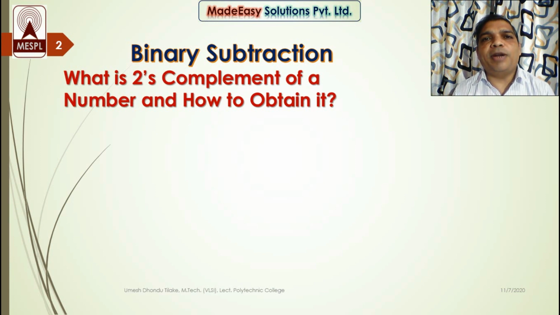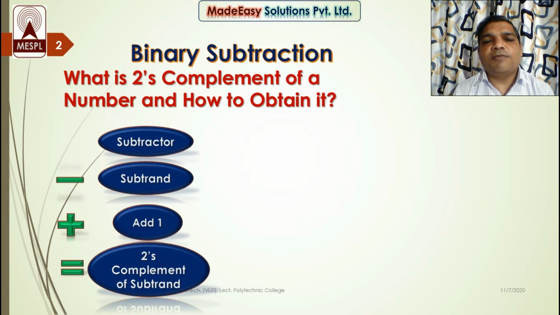So to obtain the 2's complement of a number, we first find the 1's complement of that number and then add 1 to it. We will get the 2's complement of that number. Now in the 1's complement technique, we do not need borrows. So first obtain the 1's complement and then add 1 to it. This is basically a subtraction as well as an addition process, so arrange the equation in a vertical manner. First subtract the subtrahend from the largest possible binary number, that is, find its 1's complement, and then add 1 to it. We will get the 2's complement of that subtrahend.